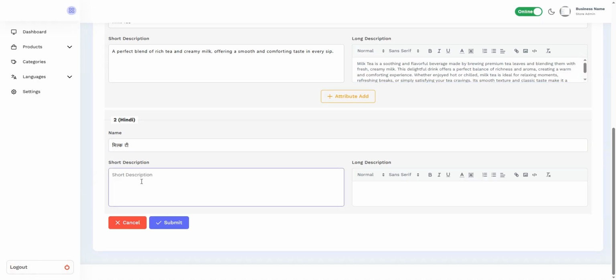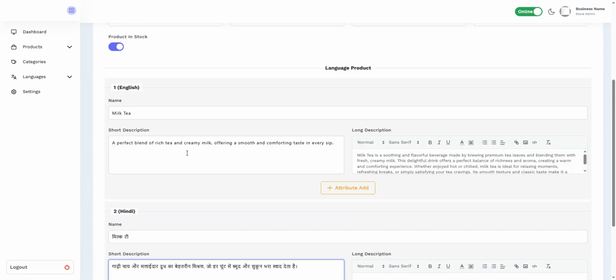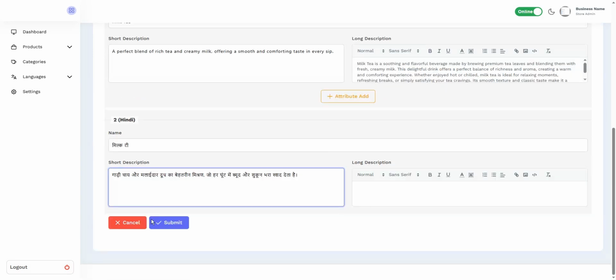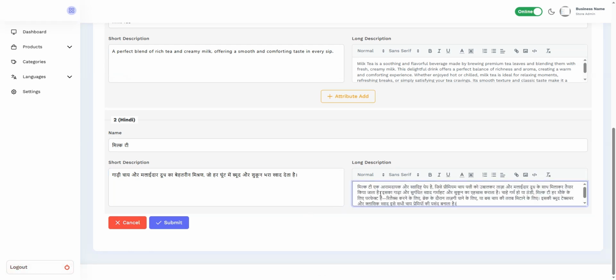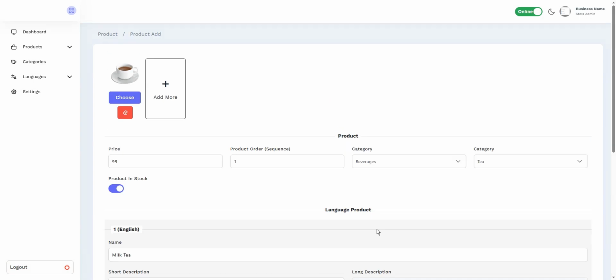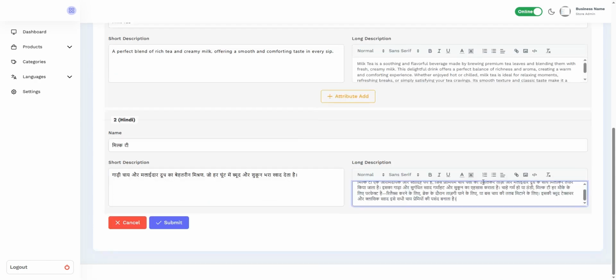After that you need to enter a short description, whatever description you want, for your added product. As per your requirement you need to enter the short description and long description in Hindi language for the added product. Over here you need to enter your long description. After adding all the details, first verify that the details are correct, and by clicking on the submit button